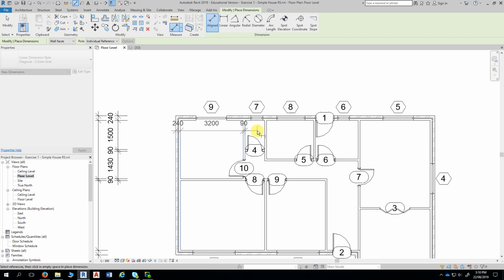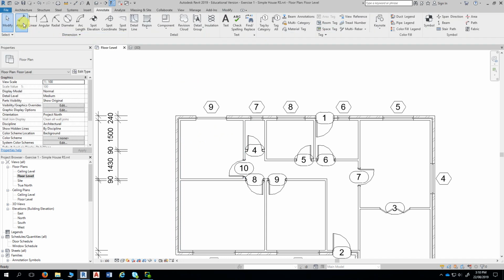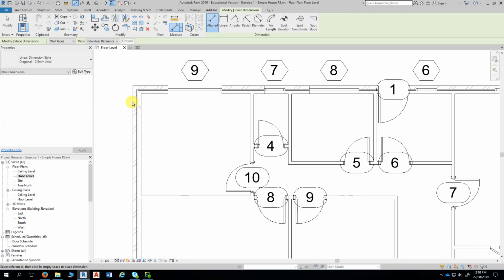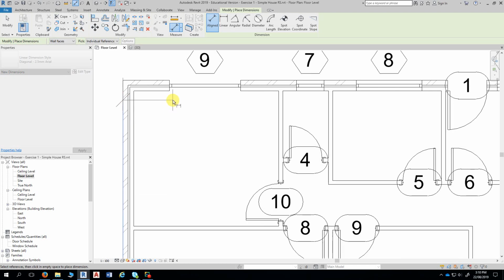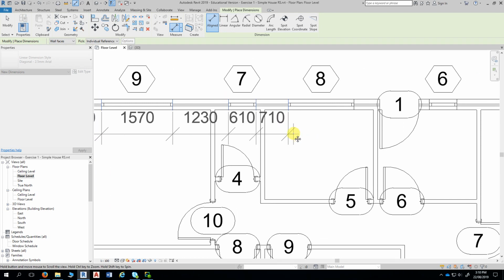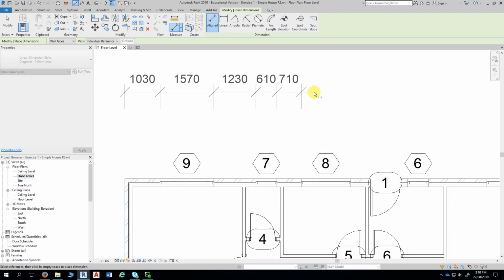Now, with individual reference, with your windows, for instance, and doors, typically what you would do is pick the side of the window, so the edge of the window, and only the windows and doors. So that's called individual reference. And that's perfectly acceptable. And in most cases, or in some cases, that's the only way you can do it. However,